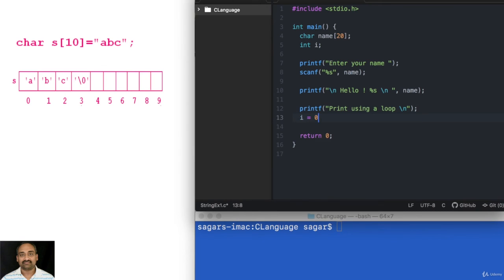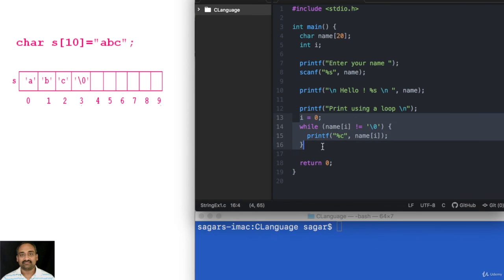I'll start with i equal to 0 and continue till name of i is not equal to the character \0, which is the end character as you already know. So till the character is not equal to \0, you use printf %c and name of i. You are iterating through each character, and if it is not equal to \0, you just print it. This is how you can print the string using loops.